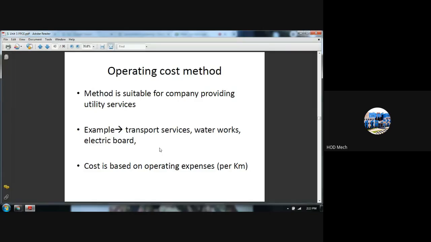So operating cost deals with the cost that is involved in providing services. If you are offering a service, the revenue, the cost or the expense that is levied upon it is termed as operating cost. For example,